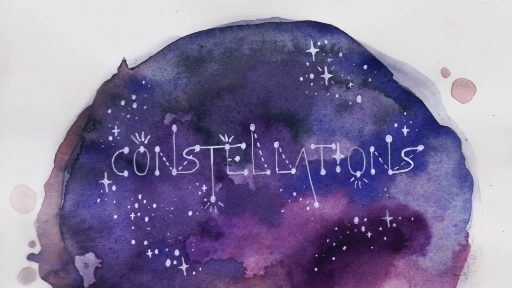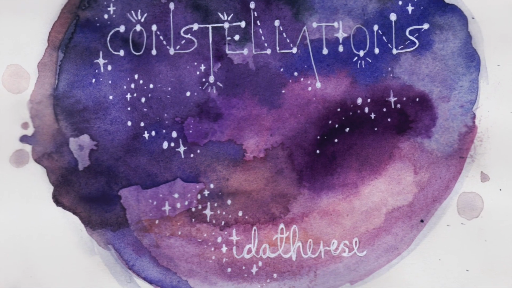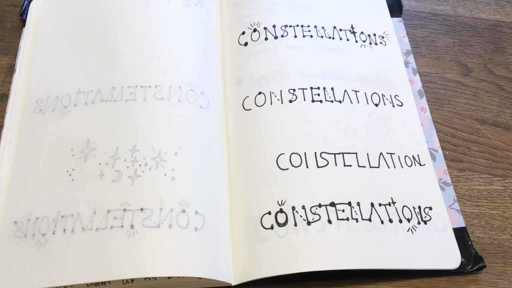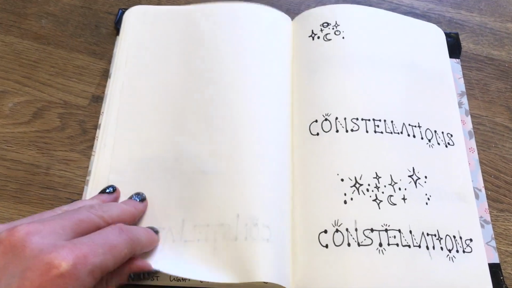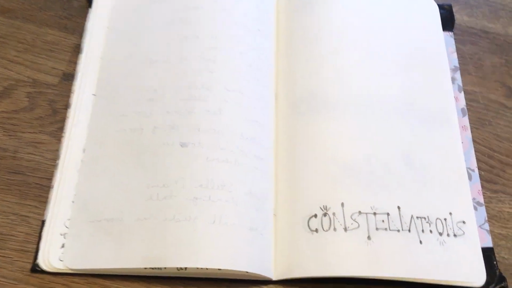The album art is also made by me. This is painted with watercolor, and then I painted some things with white marker on top. That's how I usually do things. I don't always paint with watercolor, but when I do, that's how I do it. I wanted the title to be written in kind of a constellations type-y font. And yeah, I feel like it's recognizable and it looks like me, and that's all I want, really.